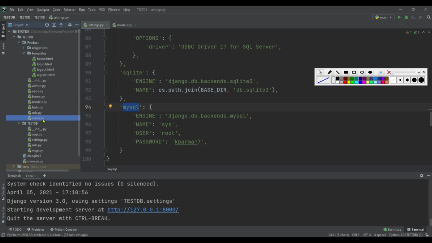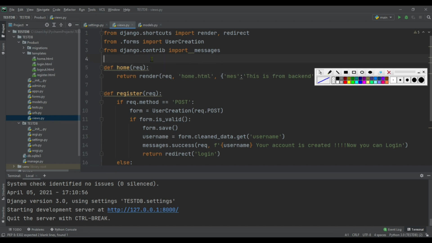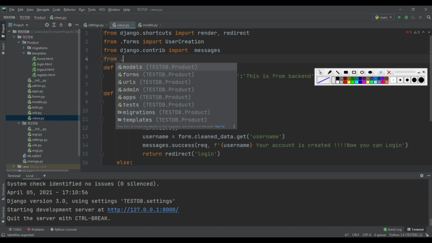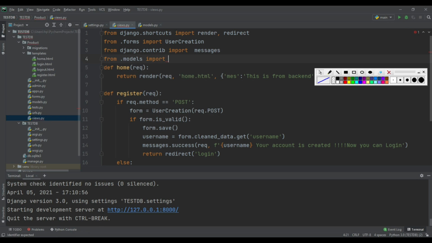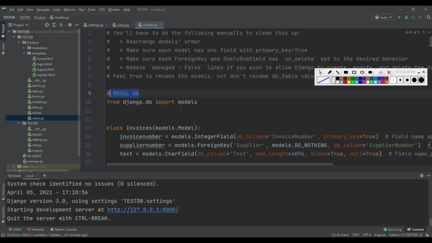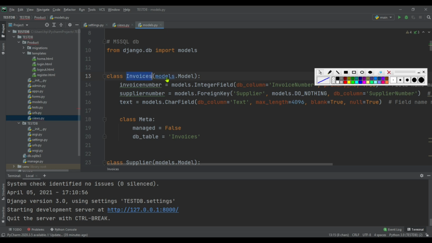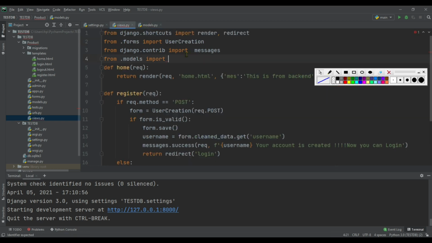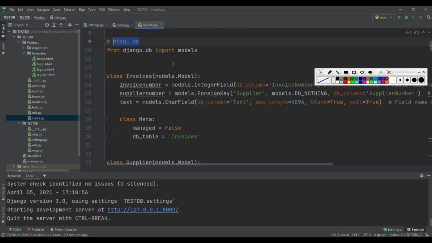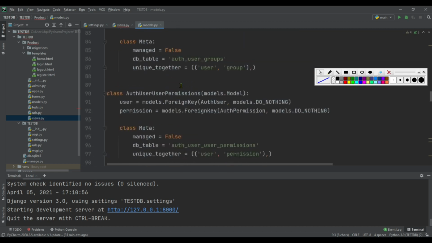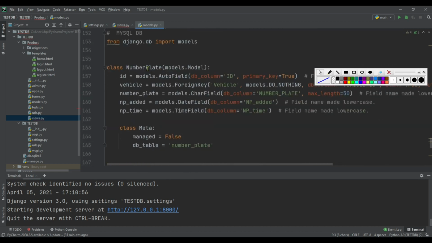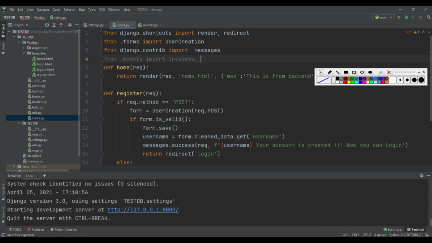So come to views.py file. From .models import invoices from MS SQL DB and import number plate from MySQL DB. Save the file.